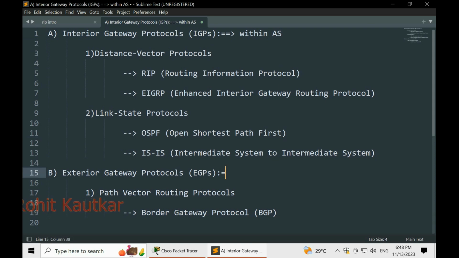So exactly opposite, this will be used to route outside of an autonomous system, or you may say between autonomous systems. So whenever there is a question of routing between two different autonomous systems, we need to understand exterior gateway protocols.